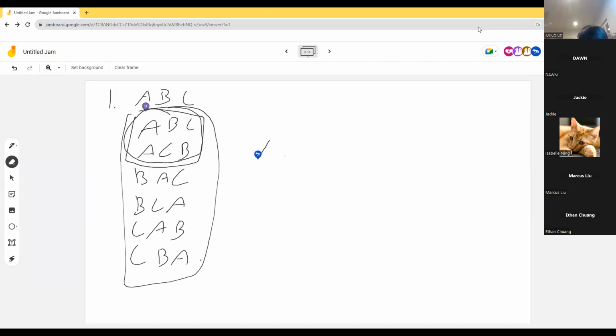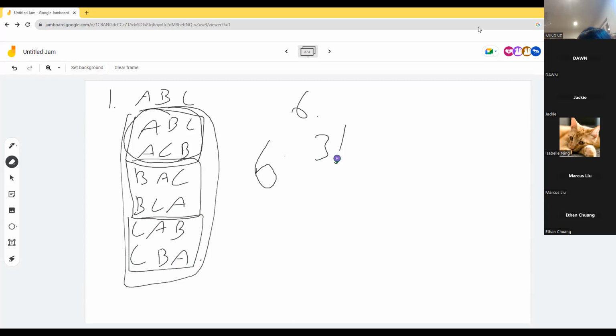Then if the first letter starts with B, we get these two. Then the second letter can be A or C. And then if the first letter starts as C, then we got two more possibilities. And the first letter can only be A or B or C because there are no other letters. So we get 6. The other way to calculate this, which is how people normally do it, is 3 factorial,